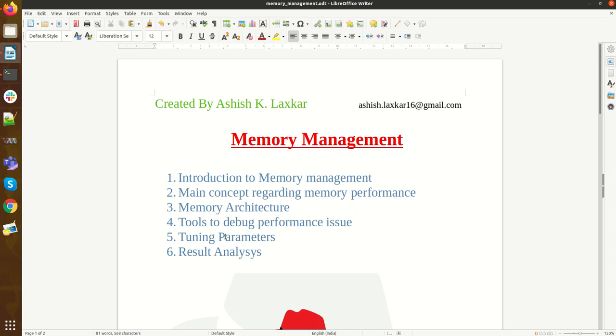Okay, so first of all, why does the OS or your kernel need memory? The simple answer is that to run the application, your OS or kernel needs memory. So let's suppose you are running an application. Relevant to that application, one process or more than one process will be run. So to run that process or application we need memory. Without the memory, you can't run your application. So that is the reason.